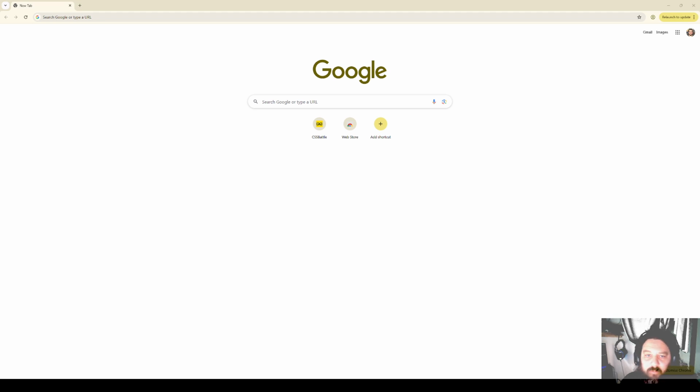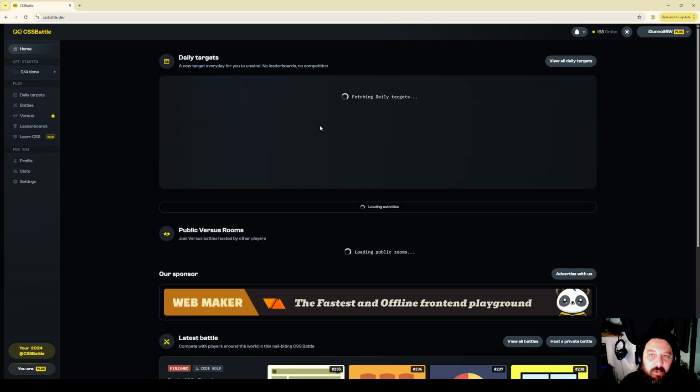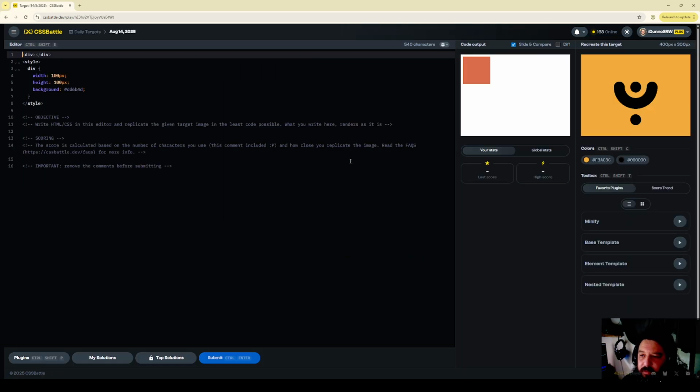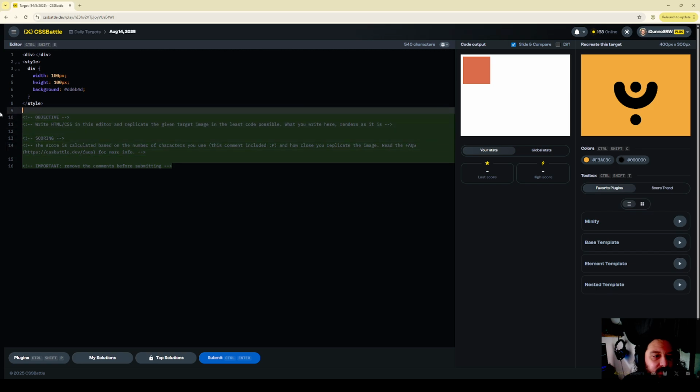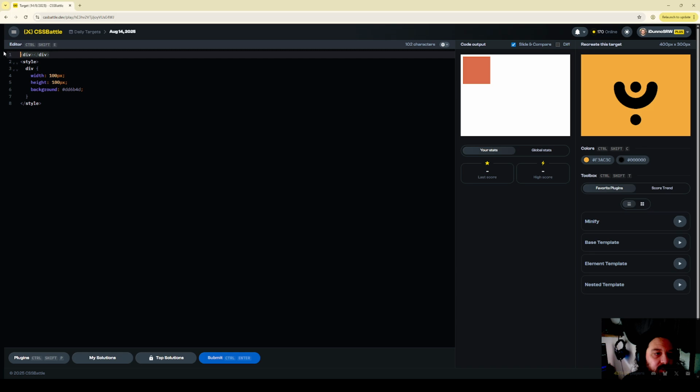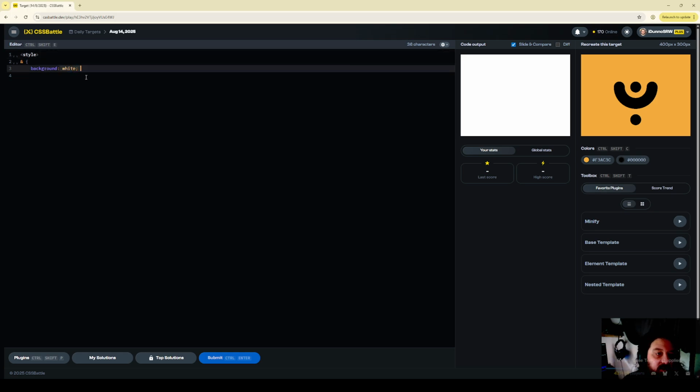Okay, it's time for another CSS battle. Let's see what we've got. Okay, I think we're basically in the realms of just using radial gradients, but there's going to be a few of them. So let's go like that, and then let's use background